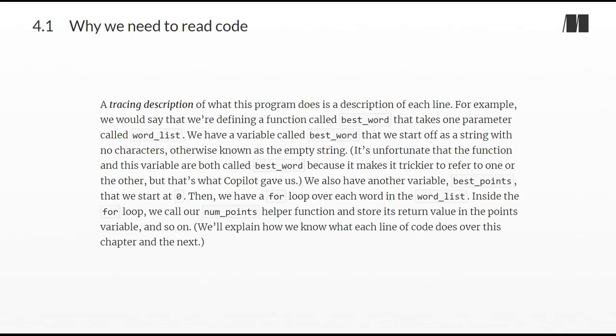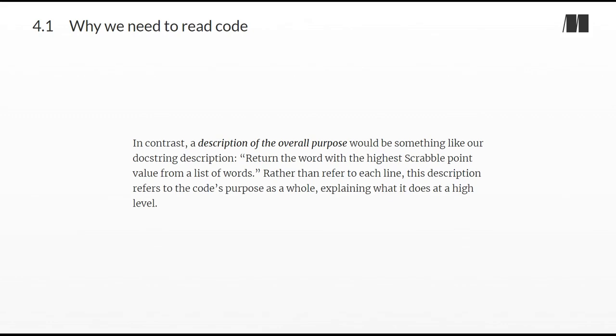We'll explain how we know what each line of code does over this chapter and the next. In contrast, a description of the overall purpose would be something like our docstring description: Return the word with the highest Scrabble point value from a list of words. Rather than refer to each line, this description refers to the code's purpose as a whole, explaining what it does